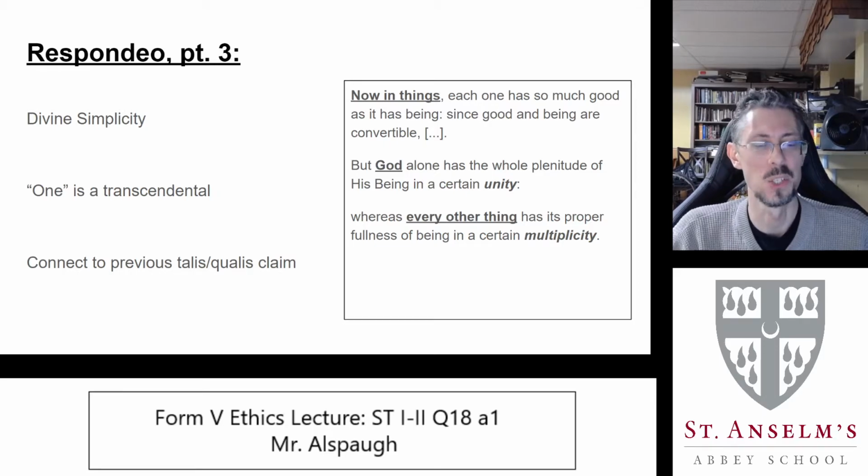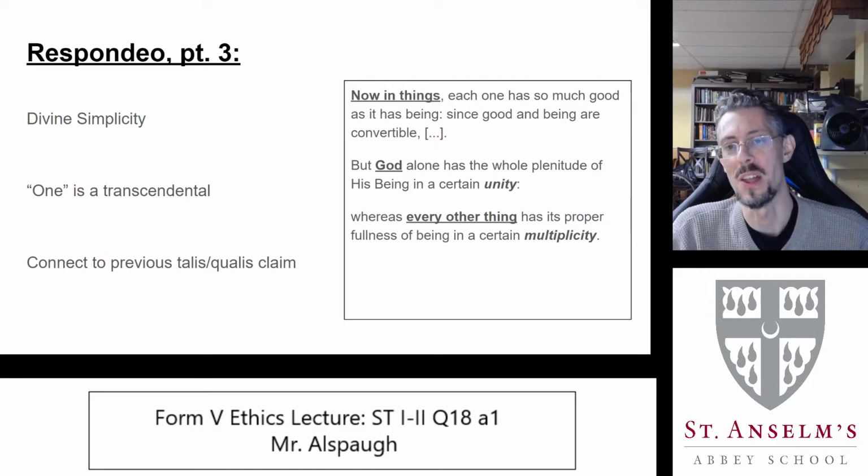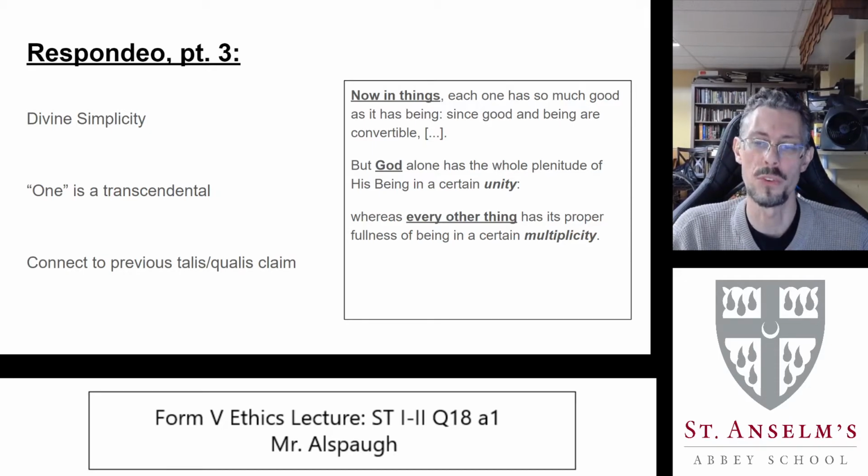You could connect this to what we just said about the talis qualis claim on the previous slide, about given such a kind of thing, such as its action. Right? And you can already see where this is going to go. Because we are composite, in some way our action is composite. Aquinas doesn't bother with this here, but we could also pursue the other line, right? We could pursue the line, because God is one and simple, his action must be one and simple as well. But that's bonus. That's for fun when we're not trying to do ethics. For us, the key claim is the last one. Our fullness of being exists in a certain multiplicity. We are composed of parts.